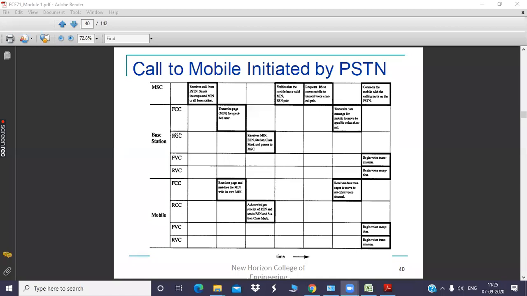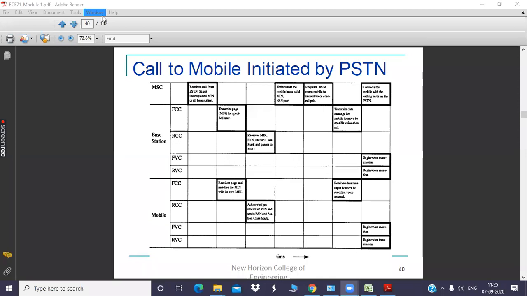I told you in the previous class about the channels. How many number of channels are there? What are the different kinds of channels? Today in the morning class, we have discussed about different types of channels. What are those channels? Anybody? Reverse channel, forward channel, and control channel. Very good, very good. Reverse channel, forward channel, and control channel. And you should know the functions of these channels as well.